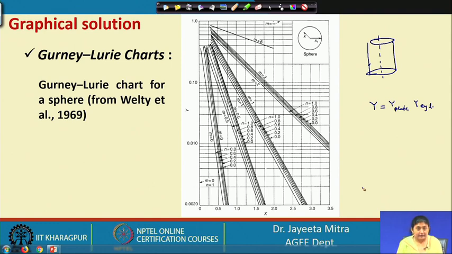So, for that the center temperature is very important. That is why further advancement in the chart has been done by Haeseler, and we will see now